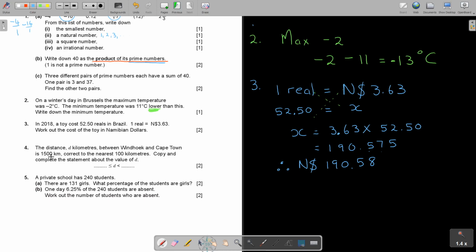And in this one, so the next one, so this was now my final answer. Number 4. The distance between Windhoek and Cape Town is this, correct to the nearest 100 kilometers. Copy and complete this statement. Now, as soon as I'm reading it and I see that bigger and equal and smaller, I think of limits of accuracy. So let's just go back